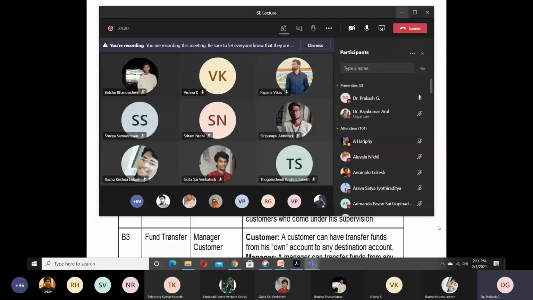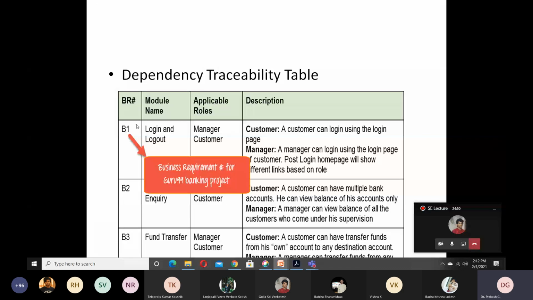So now we have two different functionalities or modules which are related and have a dependency. Once you log in, only then can you log out. Once you log out, you come back to the login. So these two modules are different but have a dependency, and this should be traceable. You may be in any other page, but after logout, you have to come back to the home page or the particular login page. That is the dependency which you have to trace out properly.